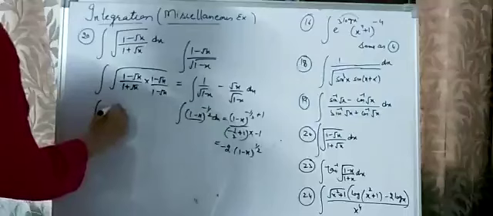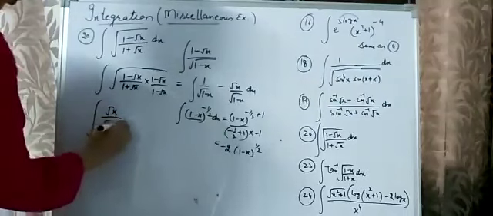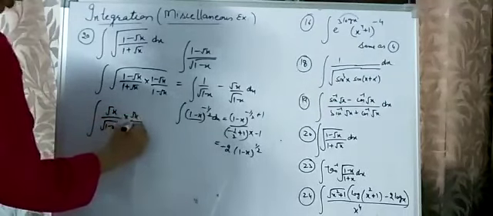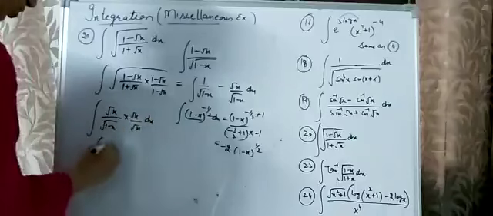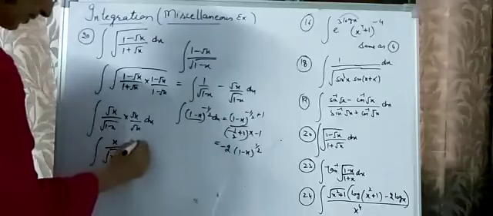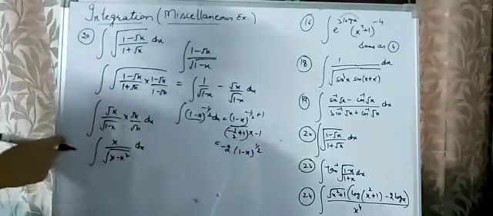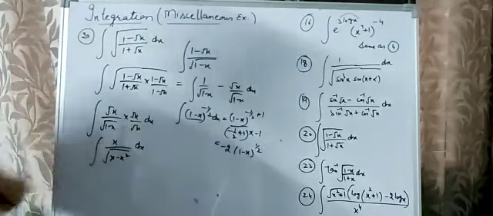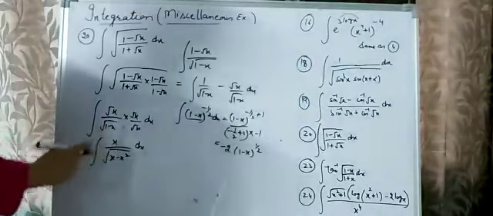How will you do the integration of this? Again, we remove the root from this, so we rationalize it again. So this question is changed to x upon root of x minus x square. We multiply these two roots. Now this becomes a quadratic, and here the derivative of this quadratic is in this.